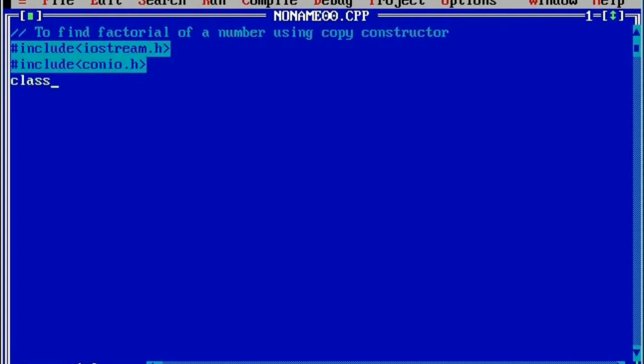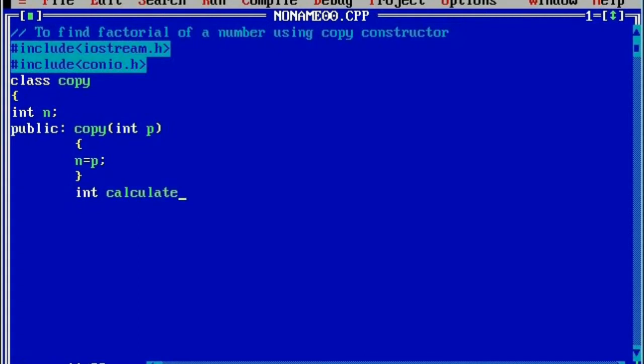So let us define a class called copy, curly open brace, and here we are going to define a variable, that is int n, put a semicolon. Then we will write the public member access specifier, and here we are going to define a parameterized constructor, that is copy(int p). So curly open brace, initialize n = p, then curly closing brace, and here we are going to declare one function that calculates the factorial of an entered number.